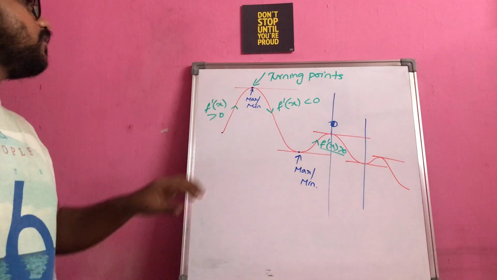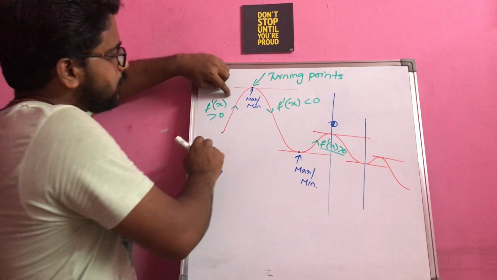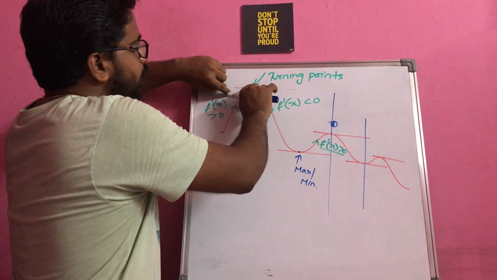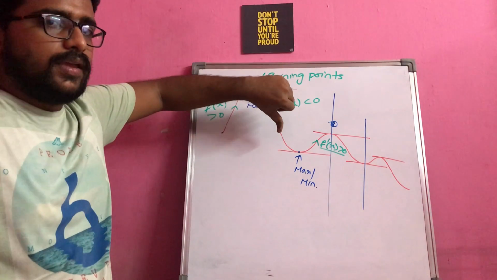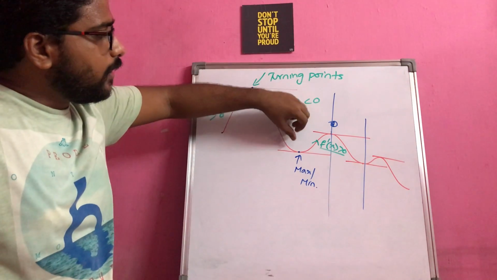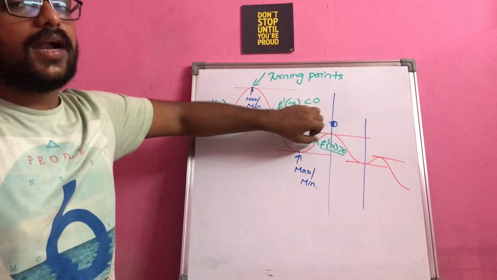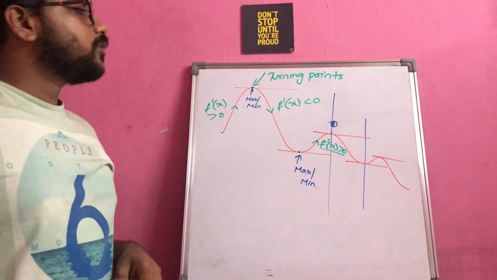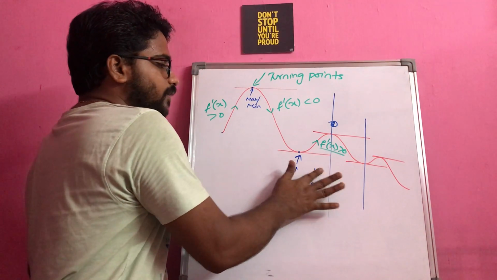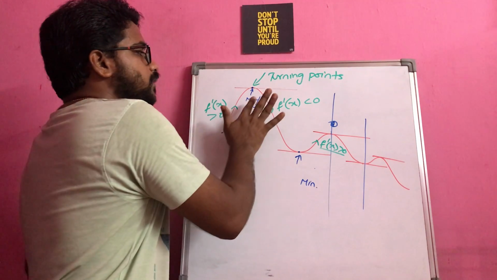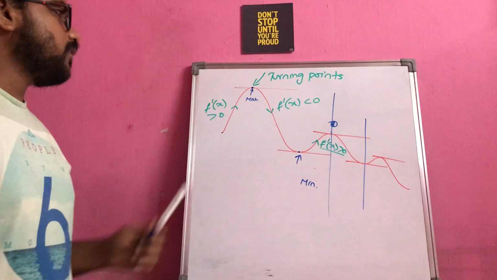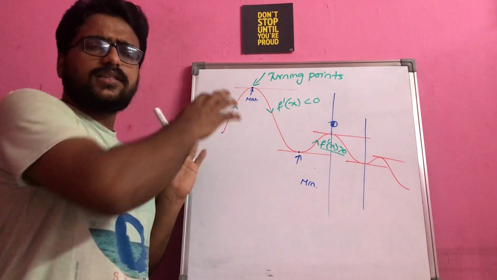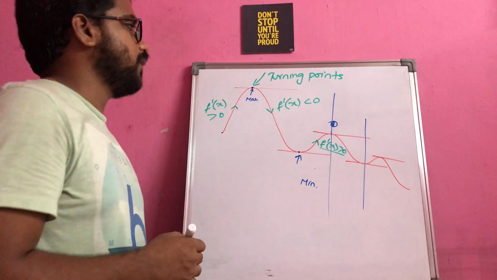If you just observe this point here, this curve is increasing and it is reaching one saturation level, and again it started decreasing. It came down and came to one saturation point again, started increasing again, right? So what is happening, this point I will name as a minimum point, and this point I will name as a maximum point. Okay, so I think you can identify it very clearly. This is the maximum, this is the minimum point.